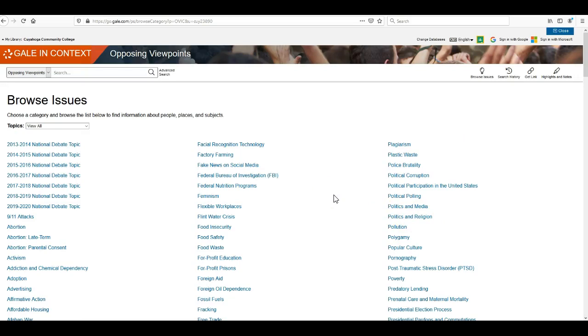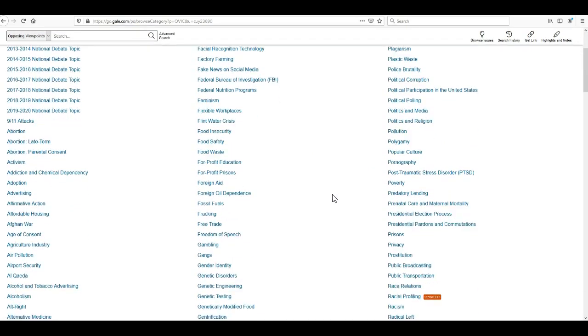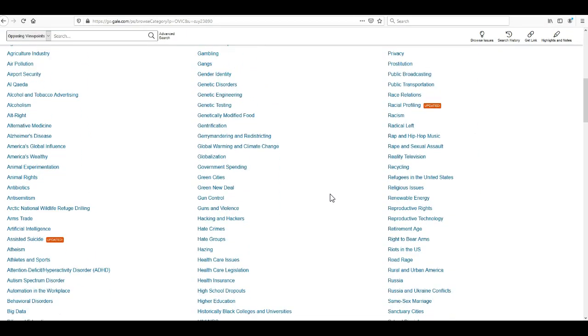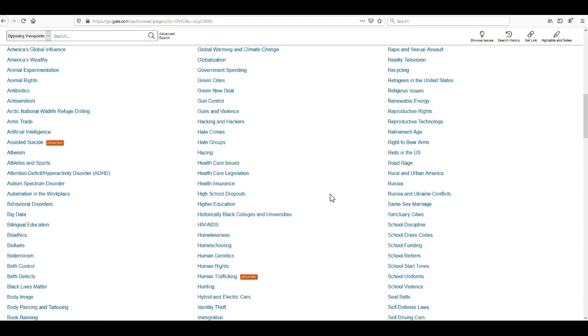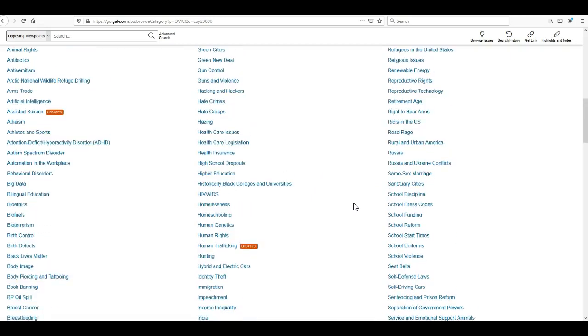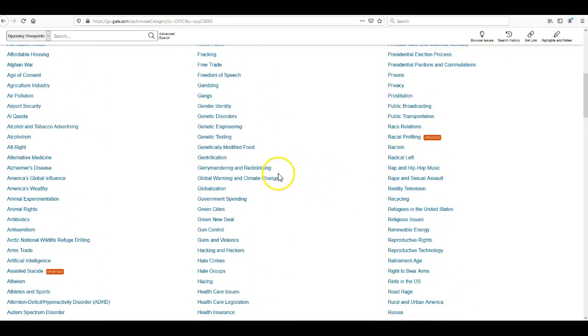All right, so the only thing that you need to do for challenge one is to find one of these topics that looks interesting to you, copy it, and then paste it into that Google form. So opposing viewpoints is a really great resource when you're sitting in a class, your professor says you've got to pick a topic, and you kind of sit there going, I don't know what to write about. This is a great place to go to brainstorm new topics. So let's just go ahead and say, I'll go with genetically modified food. So copy it, go back to that form,